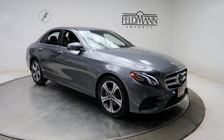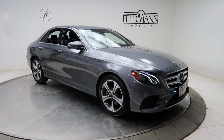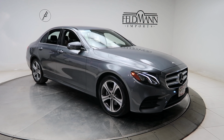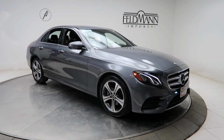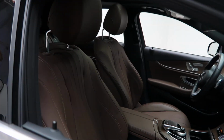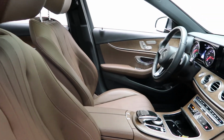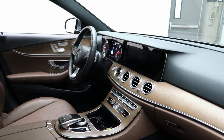This one does come with the sports package with the AMG exterior body styling, sports interior and exterior look, front and rear LED daytime running lights, 18-inch 5-spoke alloys. The tires are in good condition. Nut brown MB Tex interior with a natural grain brown ash wood trim,